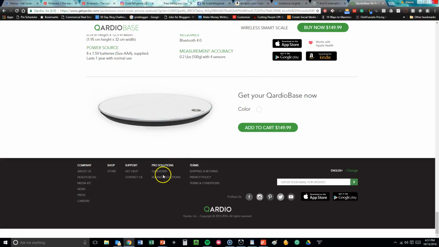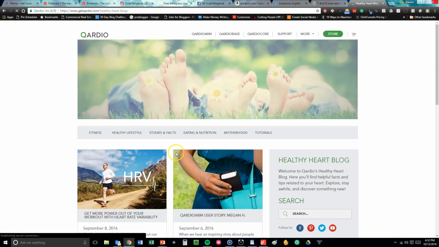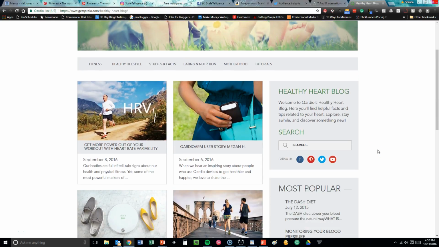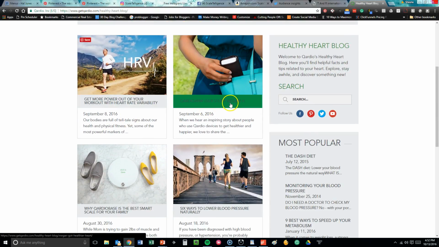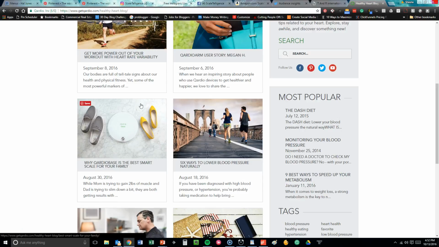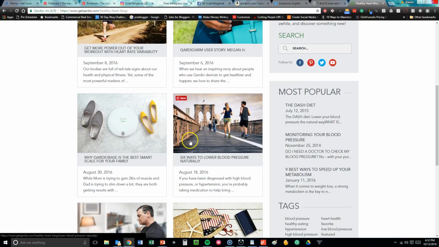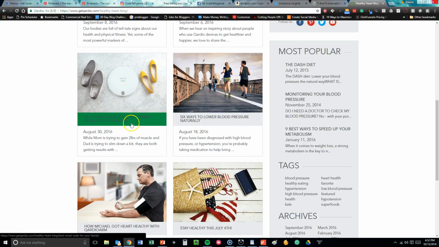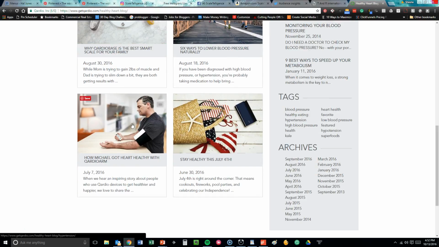And one thing that I really cannot stress enough, that I know we've talked about, is having a blog to create content. As you can see here, they've got a blog. They're soliciting user stories. They're talking about workouts. A lot of the things that we're creating and pushing out on social are things that